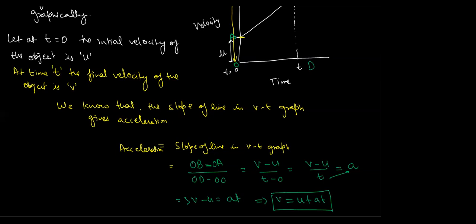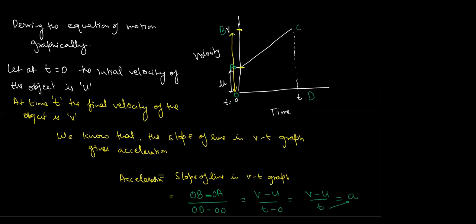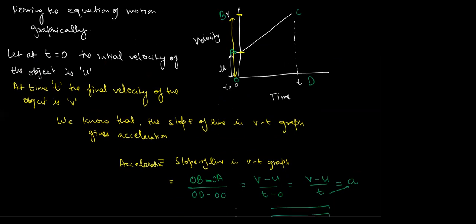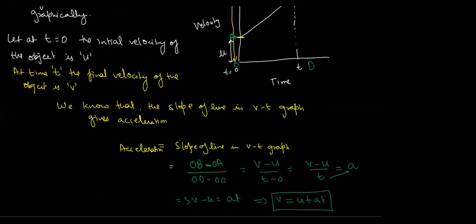Let me explain one more time. Firstly, the slope of the line. Okay, dear student, let me explain you first one more time, then I'm going to come back to this topic. I think that you are not clear about this topic, so let me explain one more time by simply taking the graph. What is the slope of a line actually?